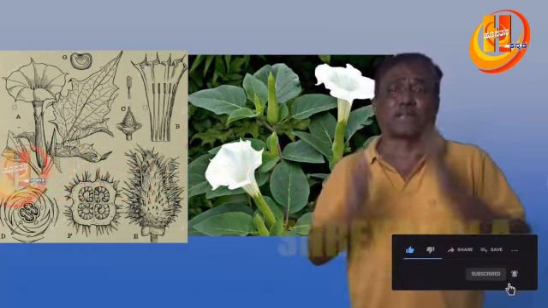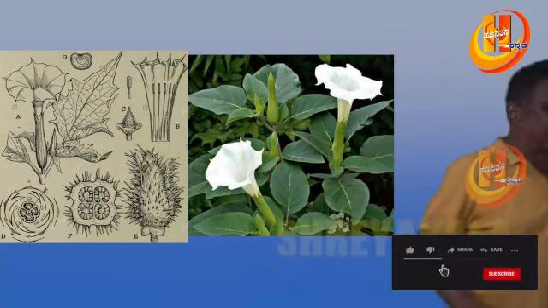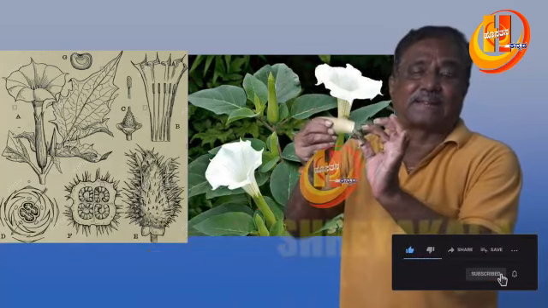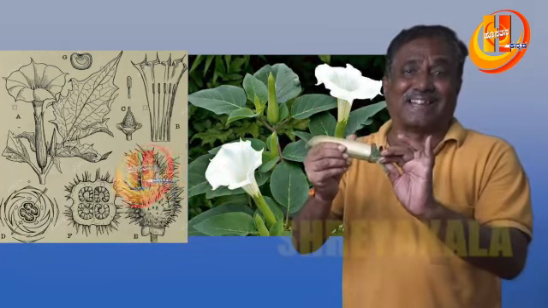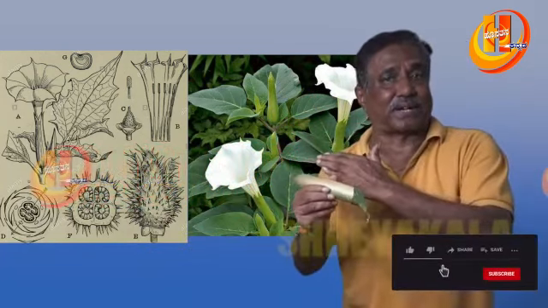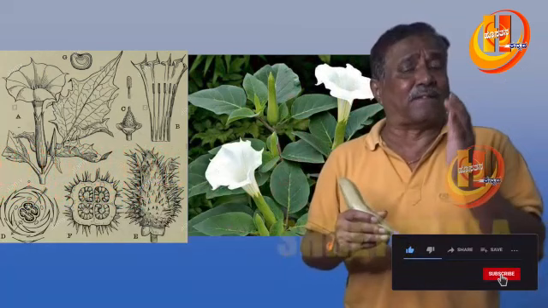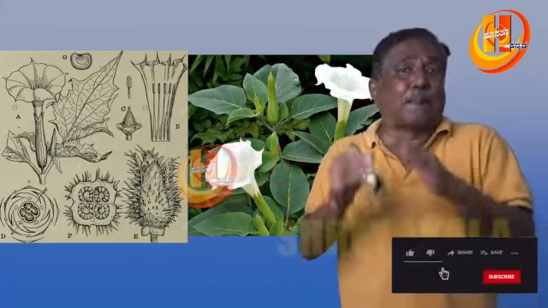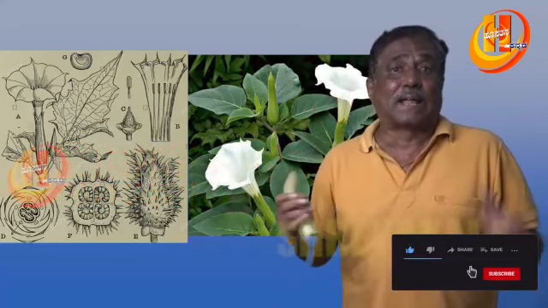Calyx fused gamosepalous. And another important characteristic feature of calyx, for example, here we can see the calyx, persistent calyx is another important characteristic feature of the family Solanaceae, and imbricate or valvate aestivation. And coming to the corolla, again important characteristic feature, gamopetalous condition, valvate or twisted aestivation can also be seen as in datura. And the androecium, epipetalous condition, stamens, definite, dithecous, dehiscing by longitudinal slits, epipetalous condition.